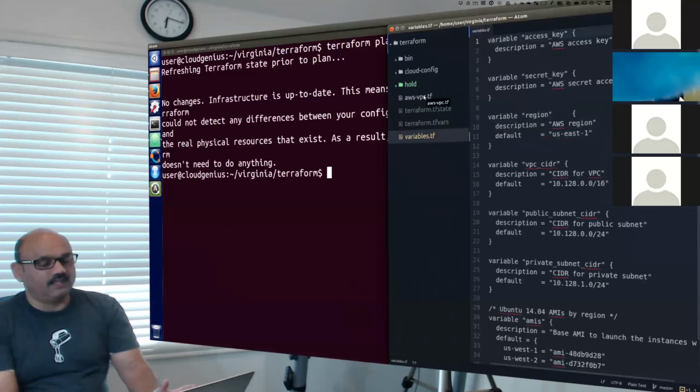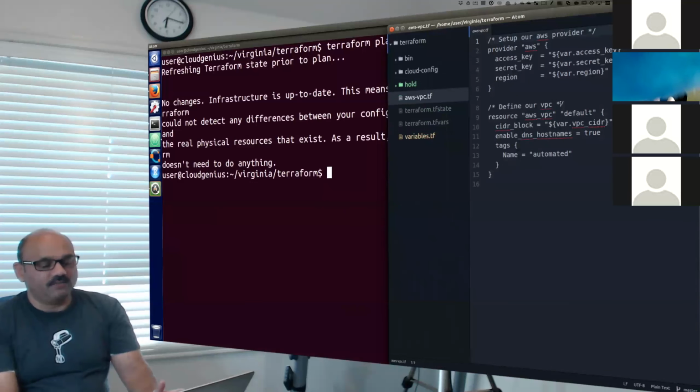But what this does is define our VPC. And when we say resource AWS VPC, for the CIDR block, we defined it already in the variables file, enable DNS host names true, and tag it with the name automated.